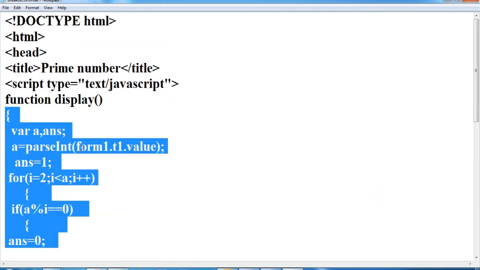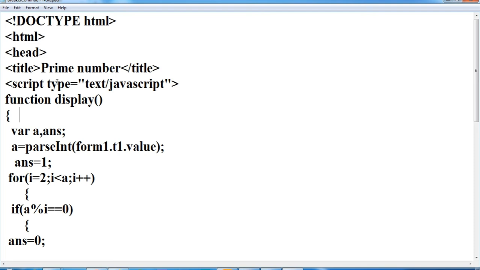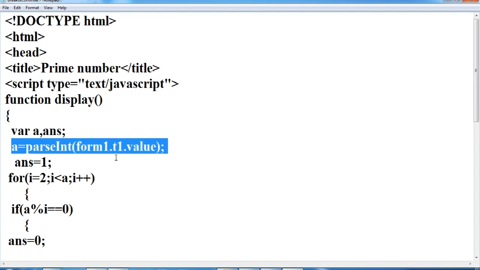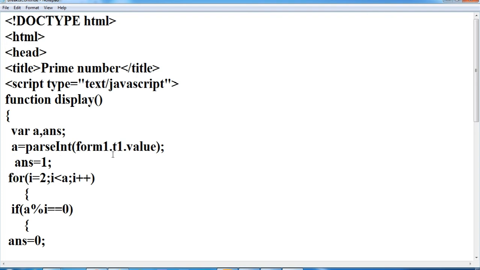This function catches my value from the form, form.form1.t1.value, which is the value I enter in the text box, and converts it into an integer. That's why I am using parseInt here.